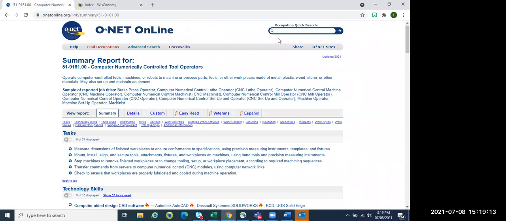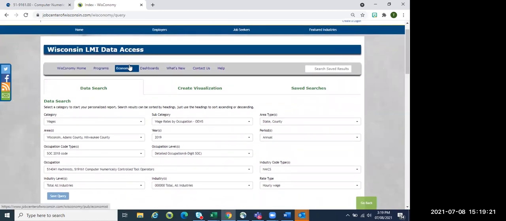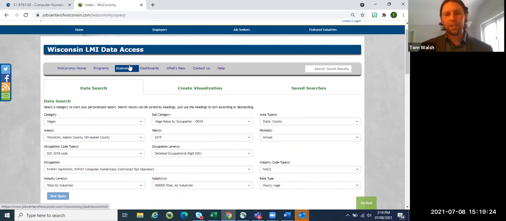Do you know how much lag time you have in that data? Is it collected specifically annually at a certain time, or is it updated more frequently? It's updated annually, but I think they use multiple years of data to bring it in. So it's not just a straight, this is the 2019 data. They'll bring in some information from years prior. The math behind it I am not 100% sure on. It's not a straight three-year average, but they'll bring in a few different years of data. I want to say off the top of my head that it's 3. And then they'll come up with an estimate based on what they can collect.